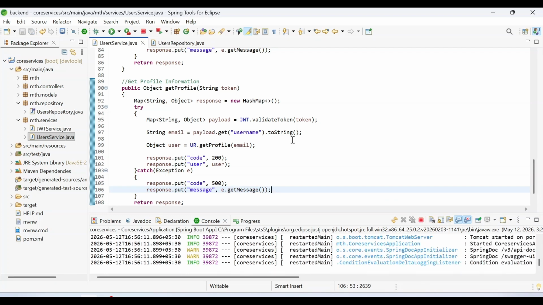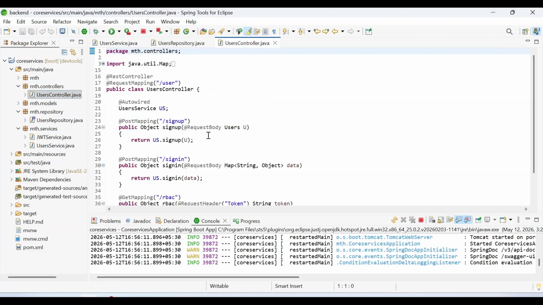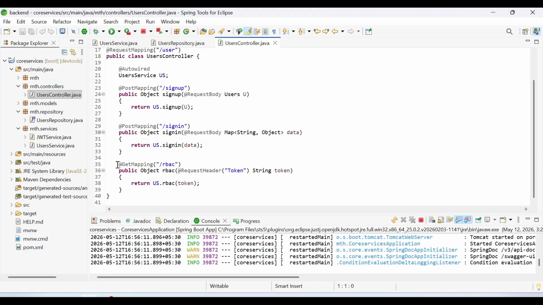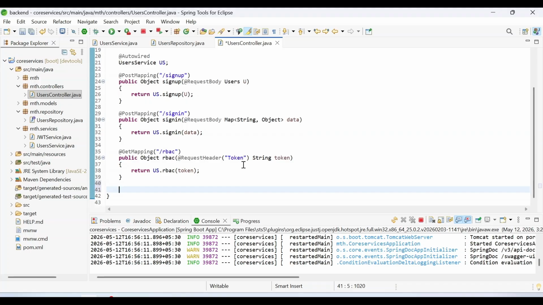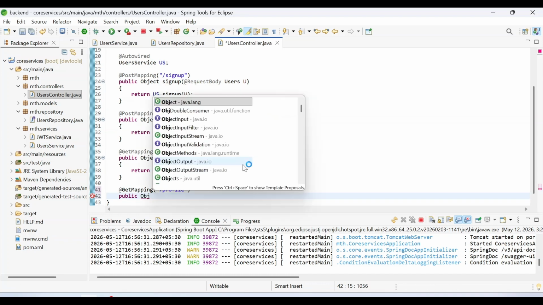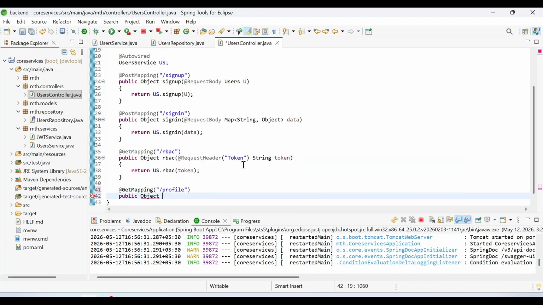Then save and go to the package controller. Open the file UserController.java. At the end of the class, create a new endpoint to fetch user profile information from the database by using the annotation @GetMapping, and set the name of the endpoint as profile, and create a method, public Object as a return type, and name of the method as getProfile,